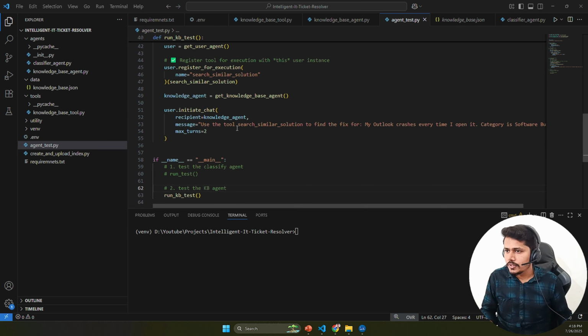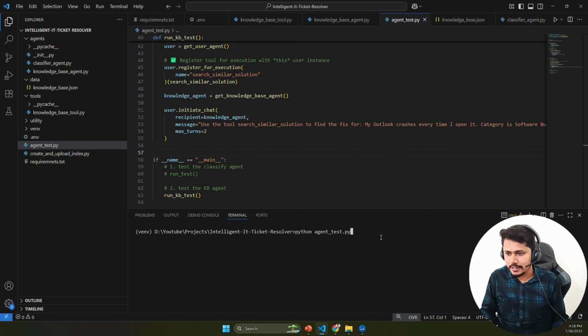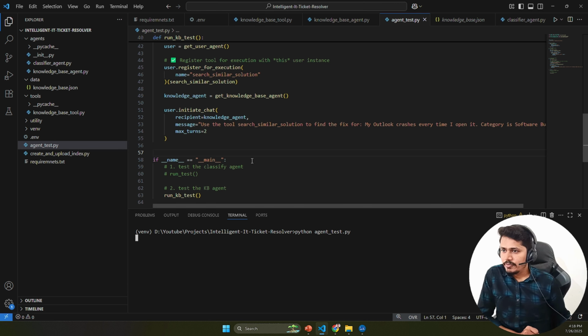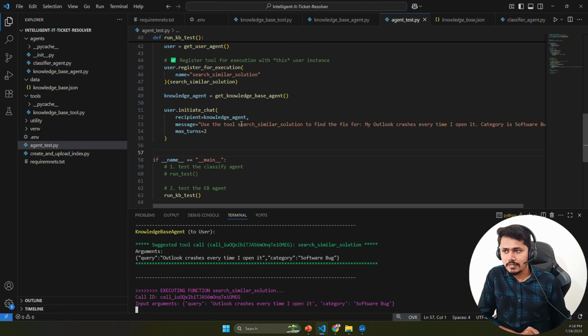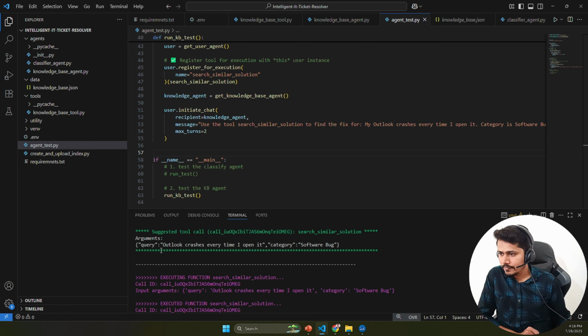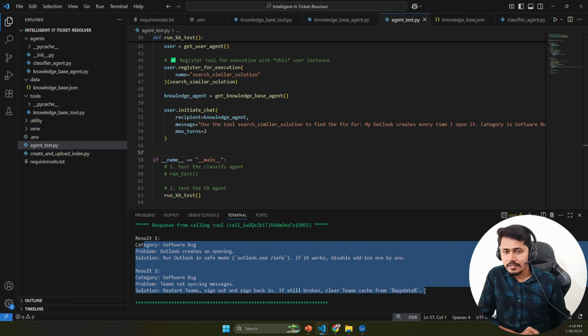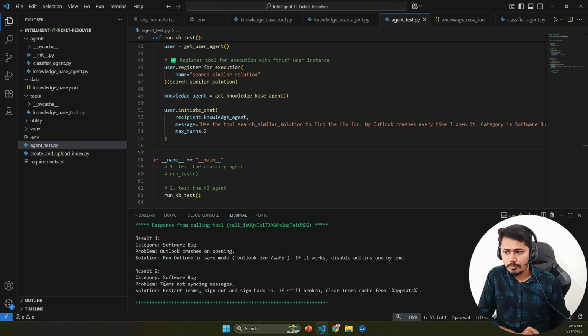Okay, so I found the issue. In this user initiate chat, we were not passing the category, so it was picking some random category. As we have not given the classifier agent, it was not passing the correct category. So here we need to pass the category software bug, and let's execute the function. Python agent test.py. Now the user chat agent itself is passing these details: the Outlook crashes every time, and category software bug. Then it hit the tool, and from the knowledge base tool you can see it has extracted these two top match records,